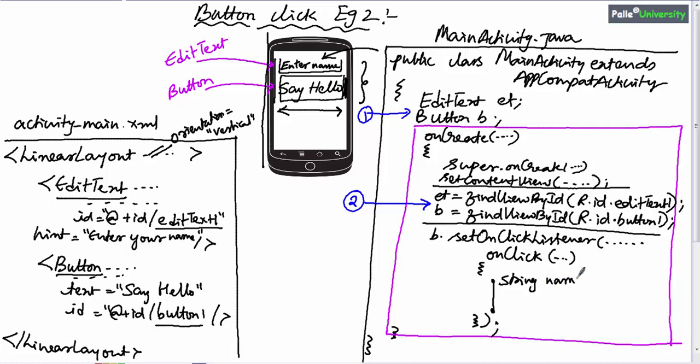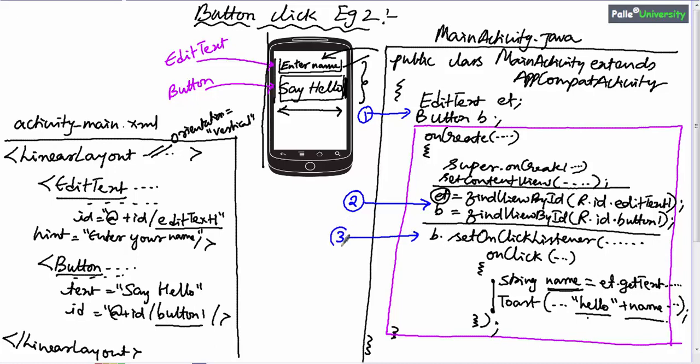String name equal to, since the user will enter the name in the edit text box, that edit text box is pointed by et, I will use et.getText().toString(), and finally I will use a toast message where I will print hello and name. So whatever is the name, it will print hello so and so. That is the code for this program. This will be our step 3.